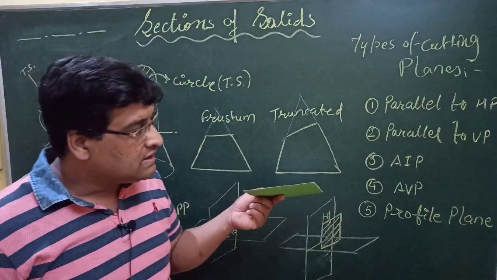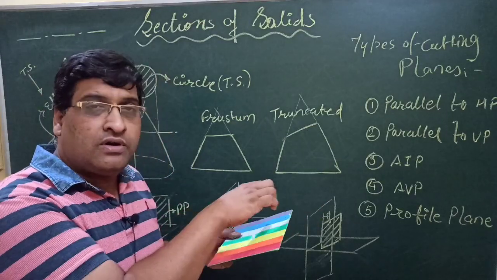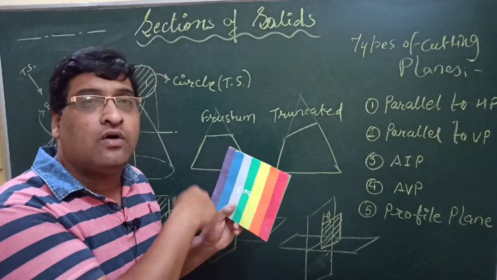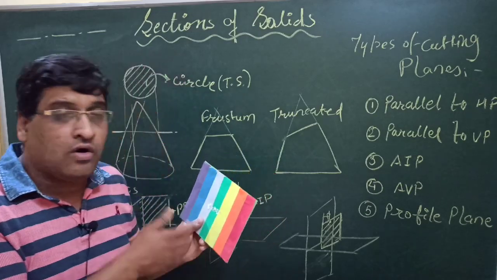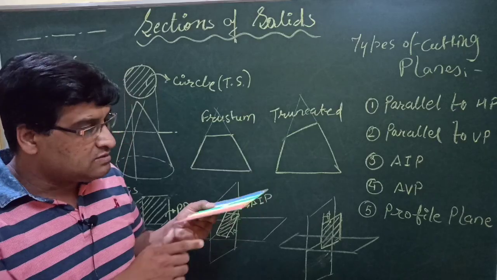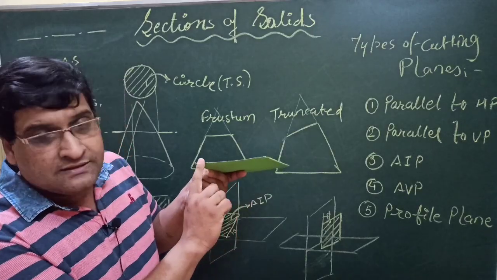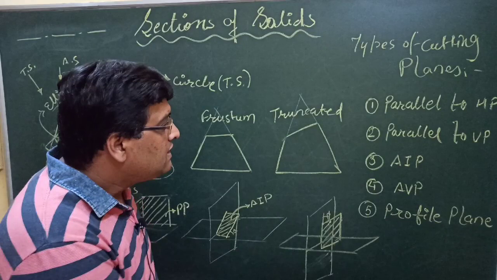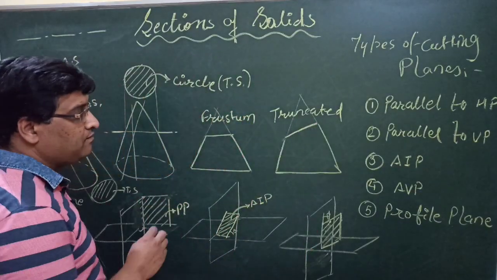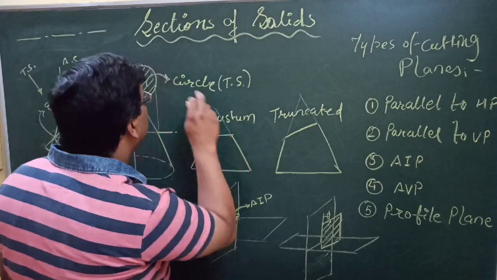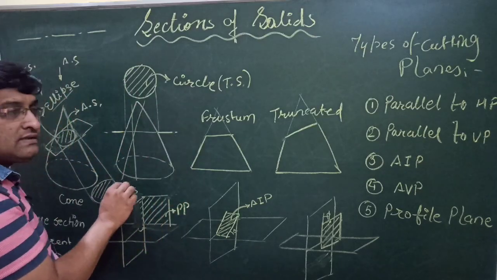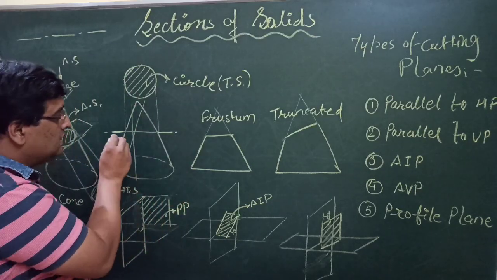So what happens? We generally don't denote or draw the shape of the cutting plane, means if it is a square or circular plane is there, or rectangular plane, pentagonal plane, whatever it is, we don't bother about that. We just bother about this edge which is cutting the solid. So this line basically is representing the cutting plane, and it has a denotation like this: a big dash line, small dash line.